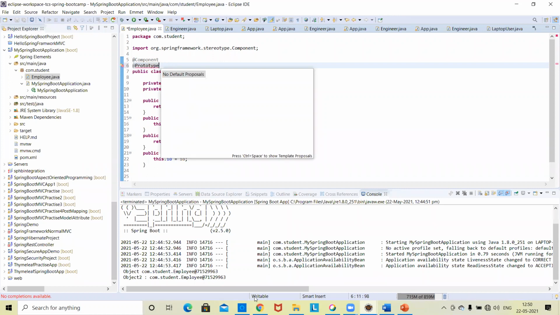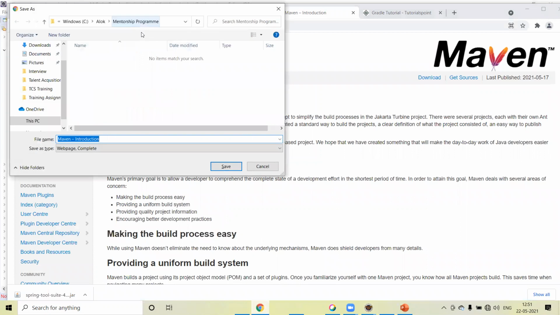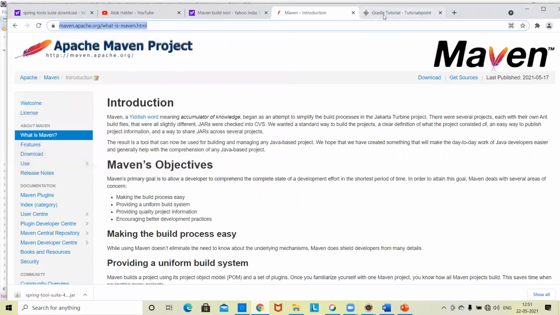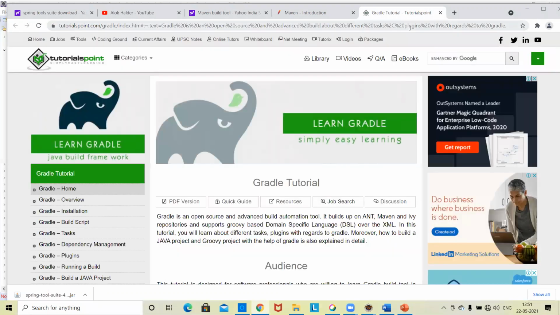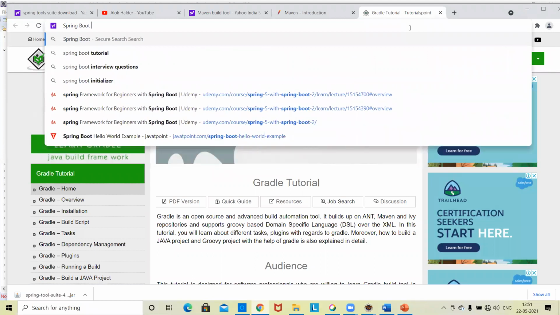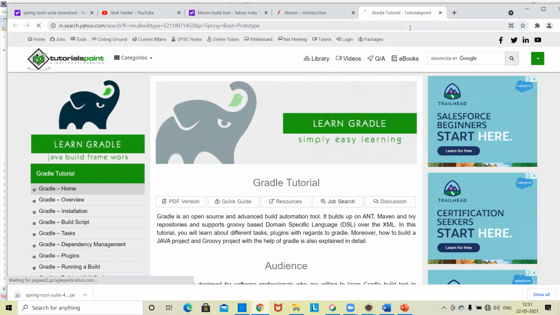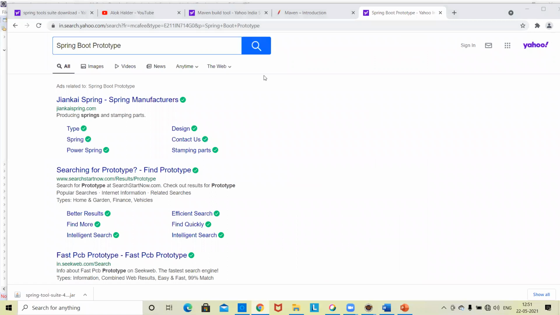It is not getting the definition. One minute, let me check. It should be here. It was not accessed through the bean.